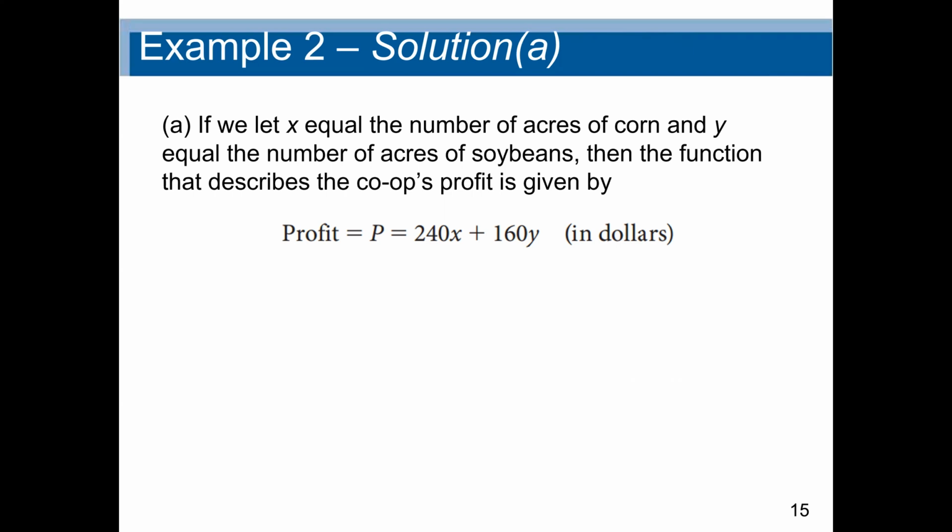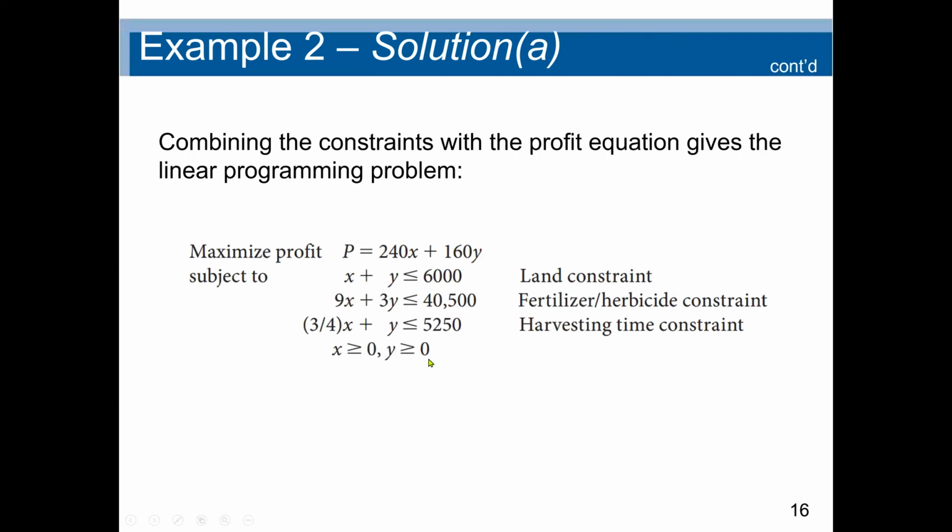So corn acres is X, so 240X, plus $160 per acre of soybeans, which is Y, so it will be 160Y. So we have our function now, profit P equals 240X plus 160Y. Now the next step,